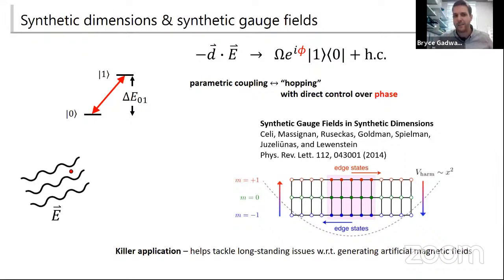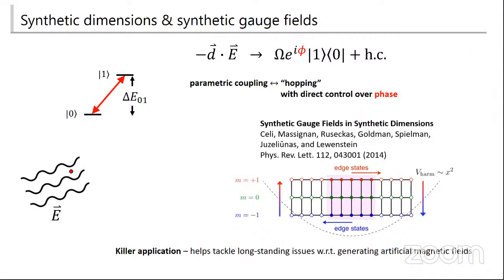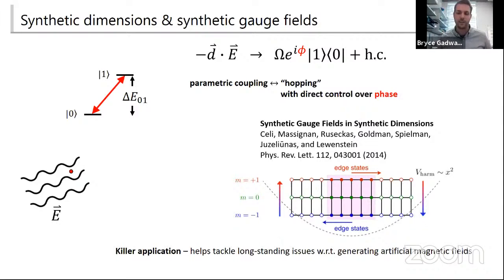Sure. I mean, here, let's say I have an S and P state, let's say 0 and 1 are S and P, and I have an oscillating electric field, which is providing the same kind of coupling. It's the same kind of thing. You have some selection rule in a lattice. It's some parity between the site orbitals, and here, presumably something like that is providing some limitation on the transitions you can drive. But same kind of idea that you're overcoming some energy barrier through the frequency of your drive. Okay. Yeah, and at each cycle of your drive,